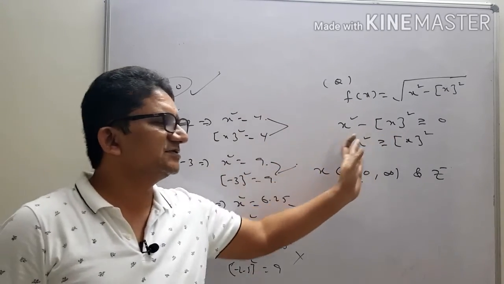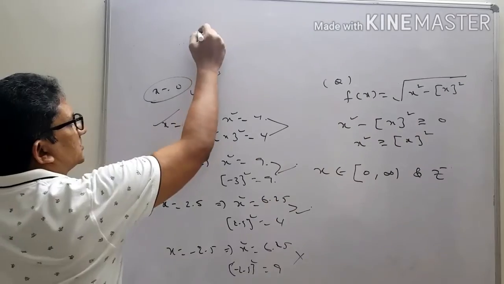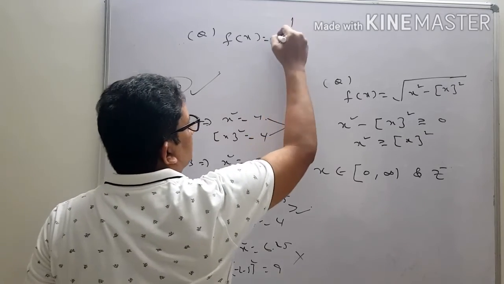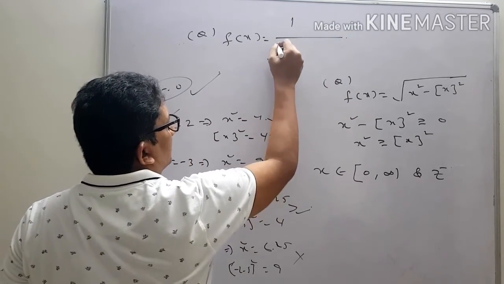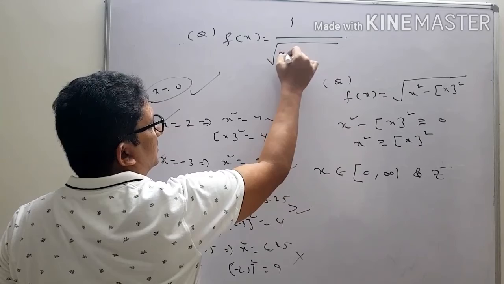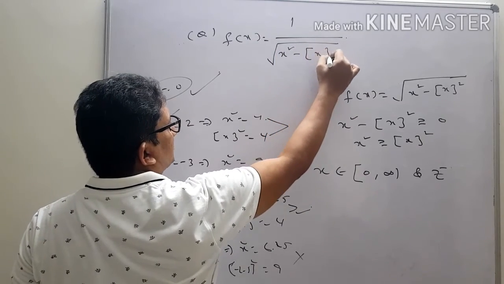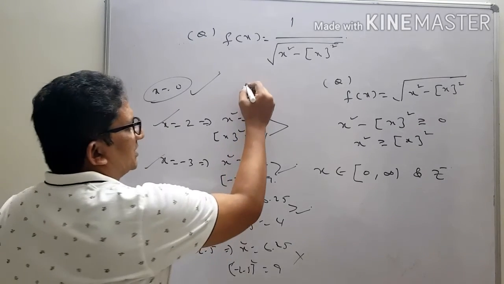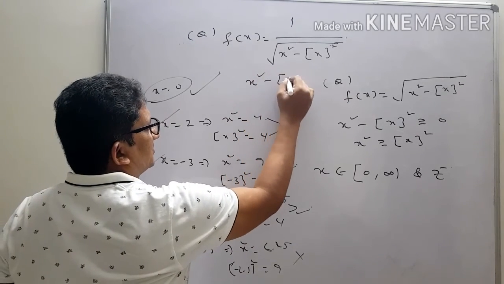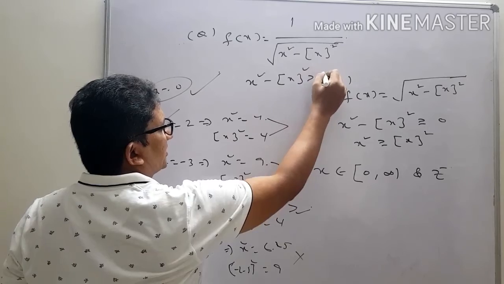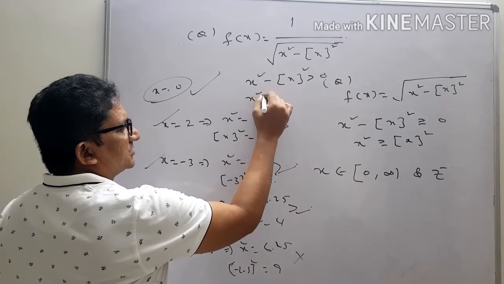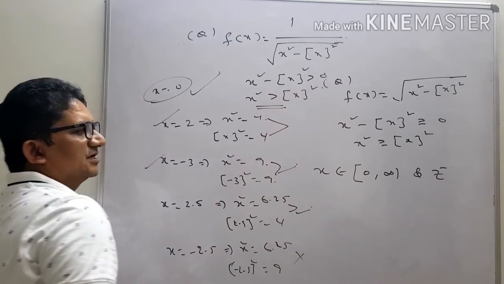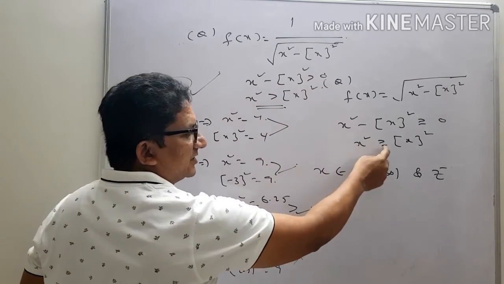So there is no mechanism of solving these equations. Find the domain of f(x) equals 1 divided by square root of x² minus (step x)² only. Little changed version. So here the condition is x² minus (step x)² should be greater than 0. That is x² should be greater than (step x)². We need to maintain this condition; when compared to the previous one, equal is there.